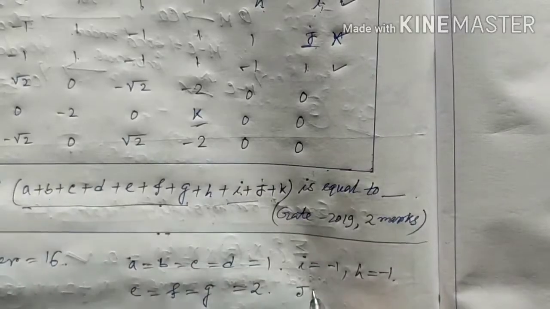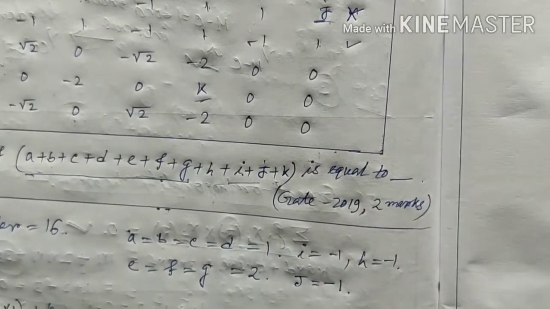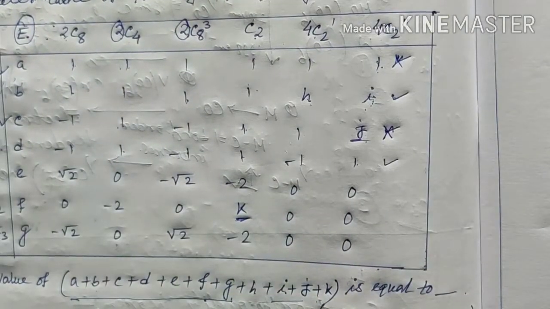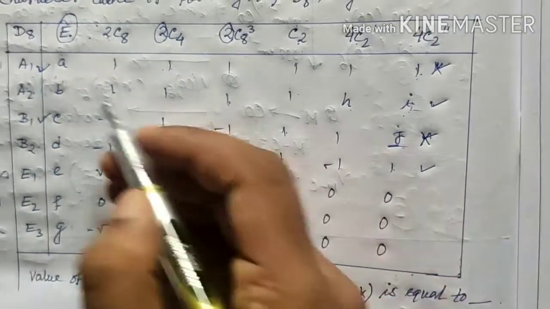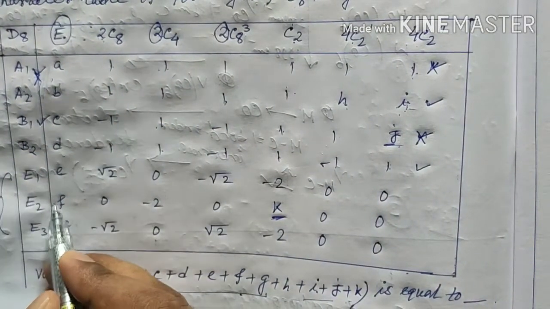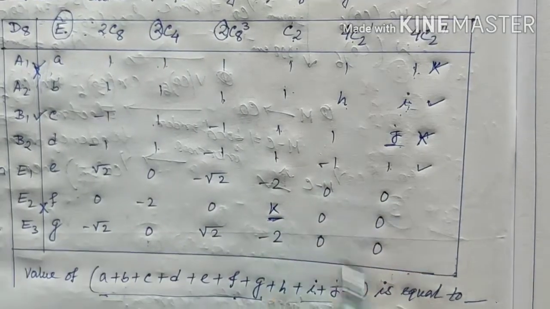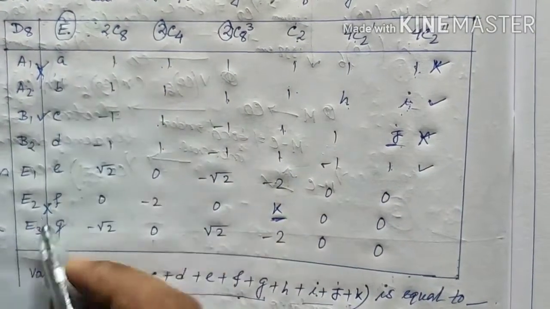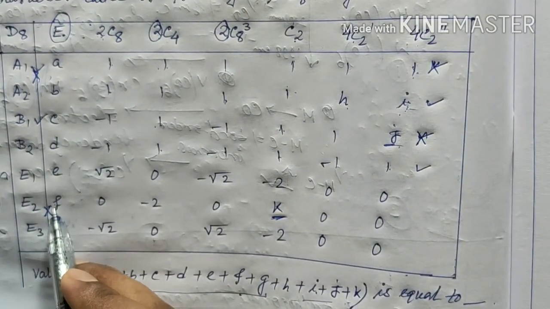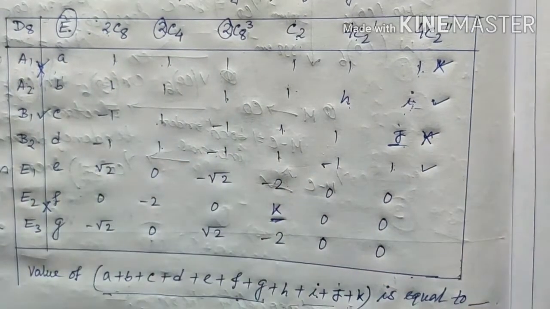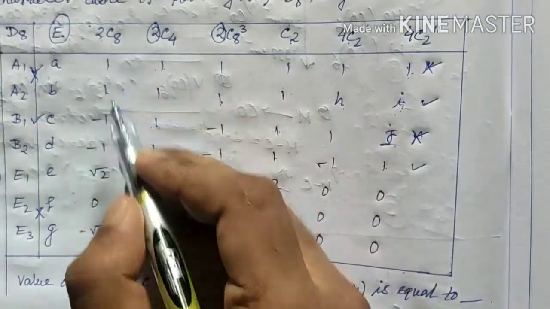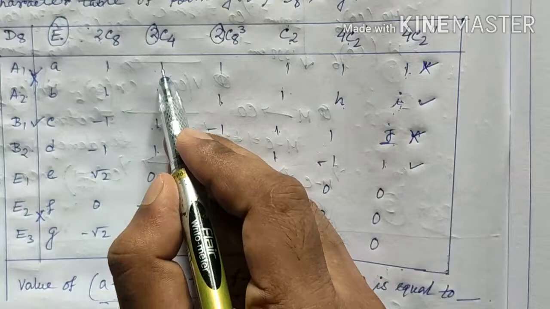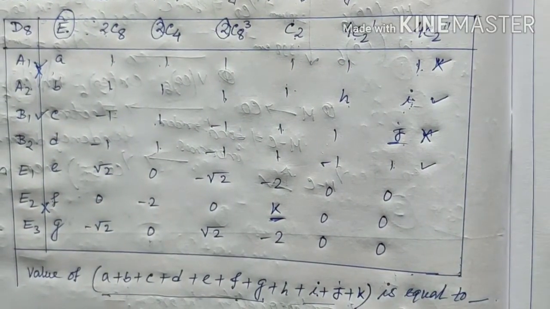So here j is -1, and last we have to identify the one value, that is k, and we can also multiply this A1 with E2, since we have to identify the value of k. If we apply the rule of orthogonality, then for this first case the value of f, since it is two dimensional, f will be 2, so 1 into 2 is 2, plus 2 into 1 into 0, so it will be 0. Next case 2 into 1 into -2, that is -4.